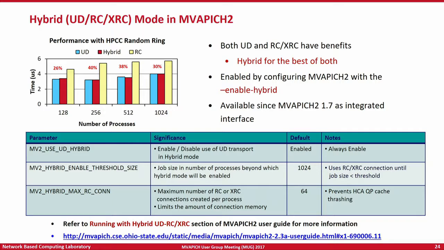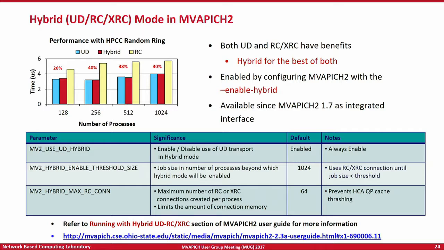Now, later we have a section called the best practices section, where we have taken different applications to see what kind of tuning can be done at the application level to gain best performance, and the hybrid mode will again feature there. Basically, the choice of transport protocol significantly affects your communication performance. So that will again show up later in the best practices section. This is something that I would strongly recommend you keep in mind if you are looking to gain the best kind of performance from your MPI libraries.